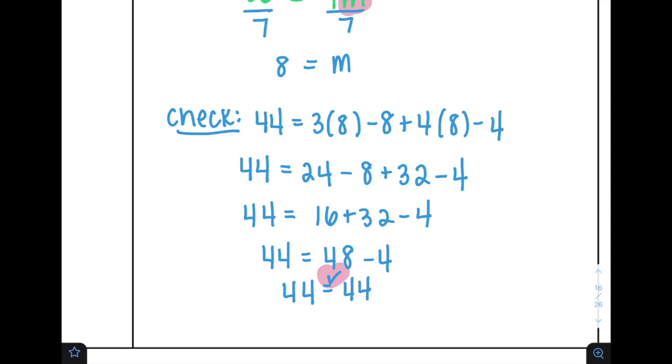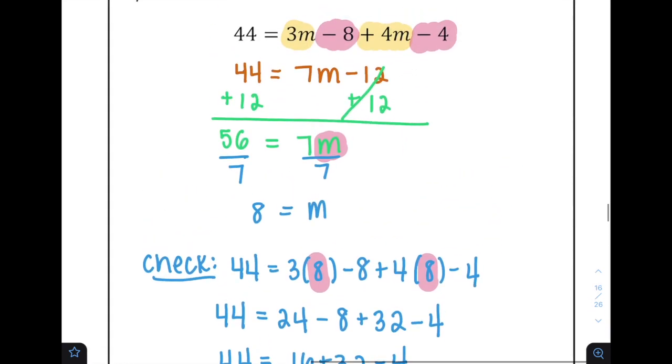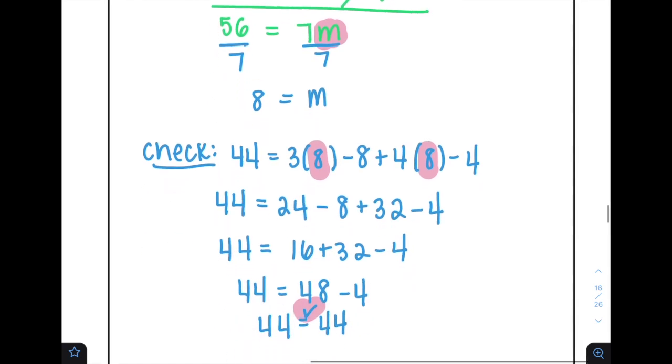That means 8 for m is going to be correct because I'm substituting 8 everywhere I saw m in my original equation. I'm not solving again. I'm just making sure that this right side will balance out and equal this left side. Obviously, if I got a different answer on my right when I started simplifying everything, I knew that my answer would be wrong. So I can always go back and fix that. All right,